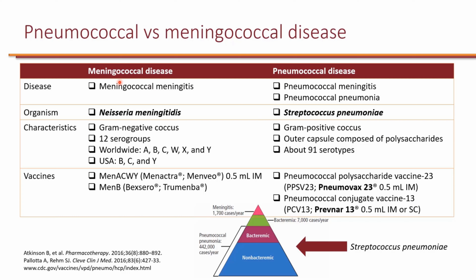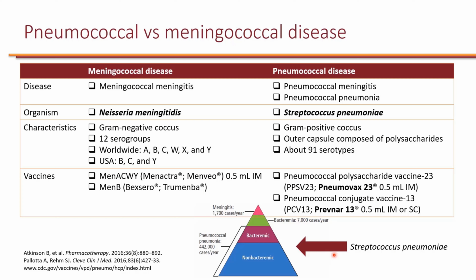When we talk about meningococcal disease, people may refer to this as meningitis vaccine. So it is true that by taking meningococcal vaccine, you will basically prevent meningitis due to Neisseria meningitidis. And people may refer to pneumococcal vaccine as pneumonia vaccine. This is where the misconception comes in because Streptococcus pneumonia can cause pneumonia, but it can also cause meningitis. So by giving patients pneumococcal vaccine, not only are we trying to prevent pneumonia, but also we are trying to